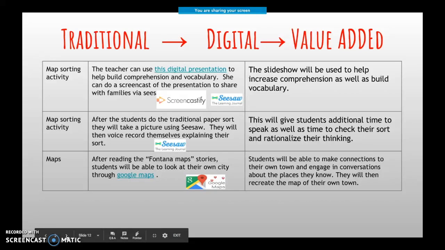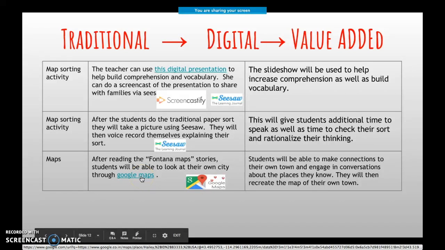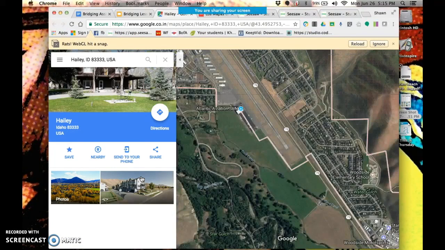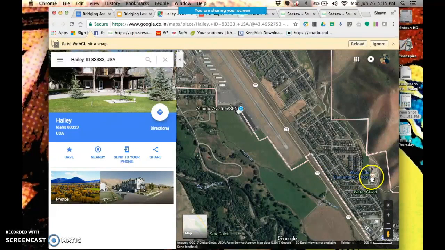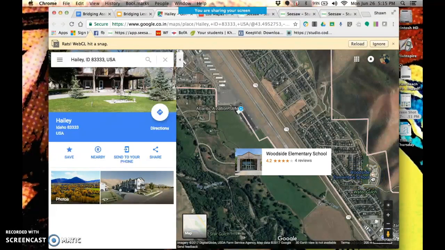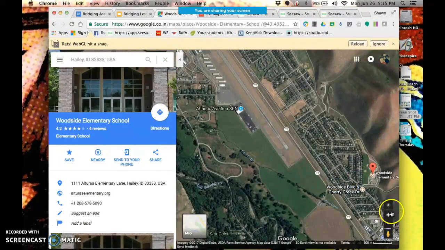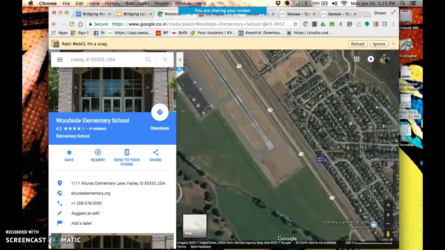Maps. After reading the Fontana Maps stories, students will be able to look at their own city through Google Maps. And you can see, as soon as we open this app, how students are able to see their own city via satellite. Students are able to really see the location of places. They can find their school, they can find grocery stores, and it's more,